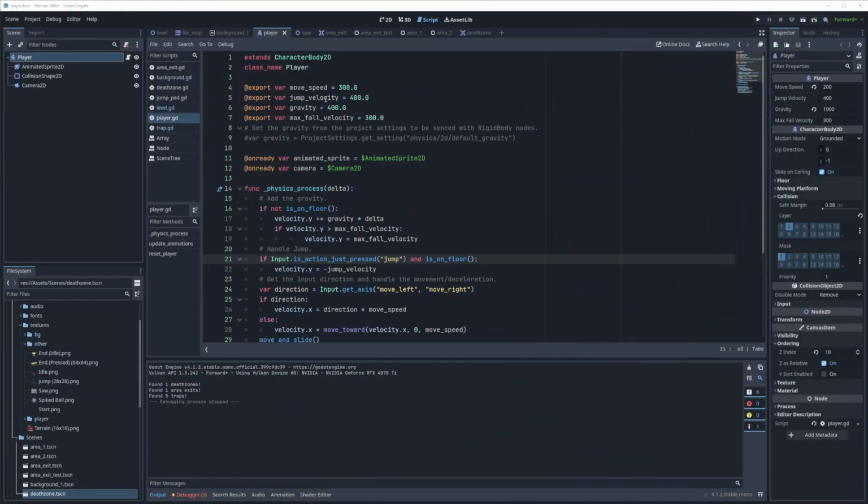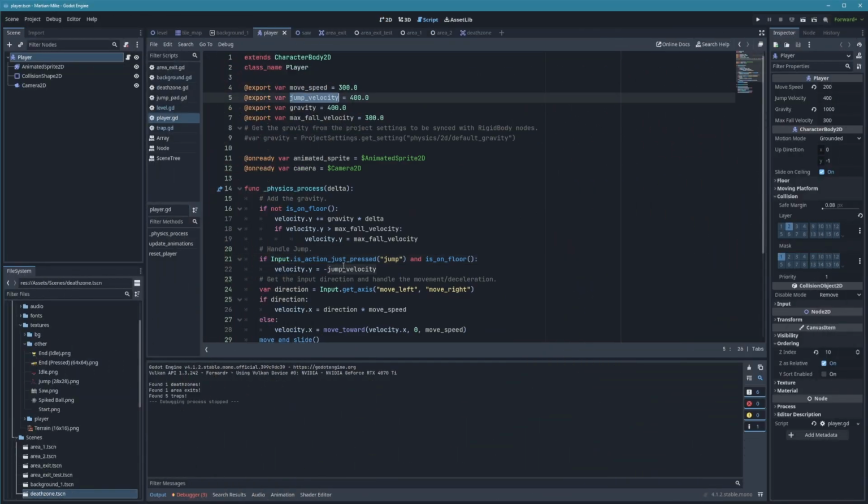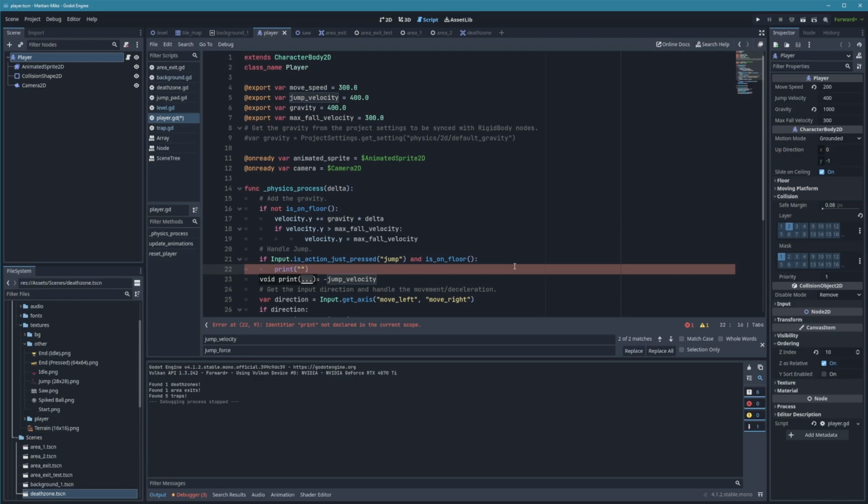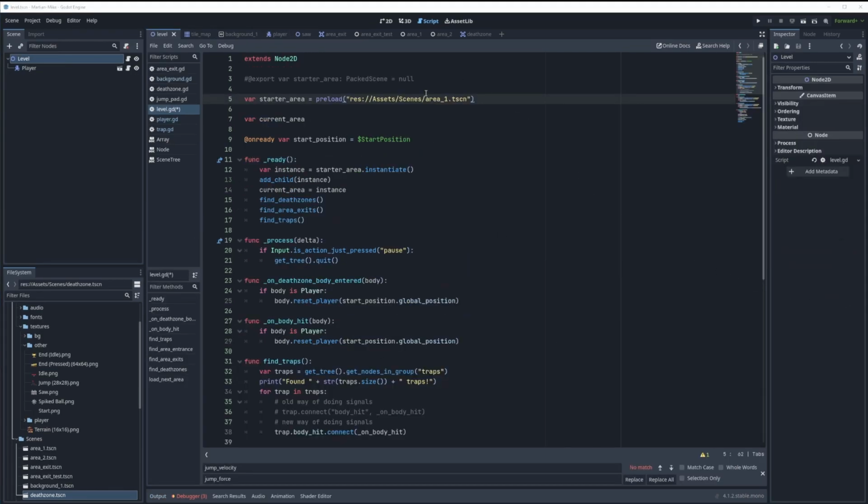So the first thing that struck me coming from Unity and using Visual Studio was that there doesn't seem to be a really clean way in Godot of renaming and moving scripts around without breaking a bunch of stuff. You can find and replace, but that's really kind of finicky. In Visual Studio, there's a way to refactor stuff, and it works really, really well. So that's something I kind of have to be careful with, I've noticed. I'm getting kind of used to it, but it's definitely a bit of a shock coming from Unity and Visual Studio and C#.